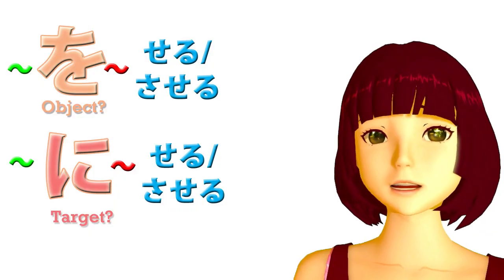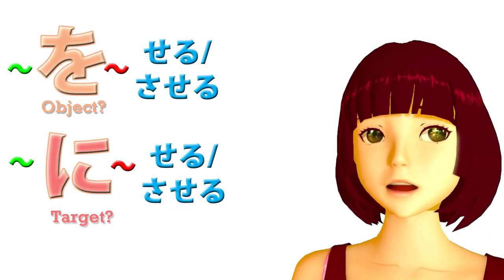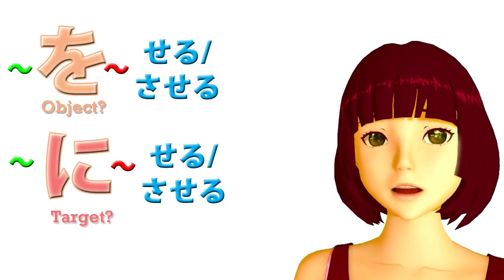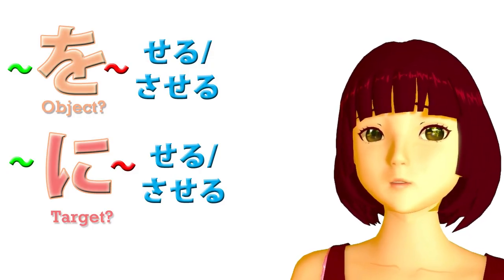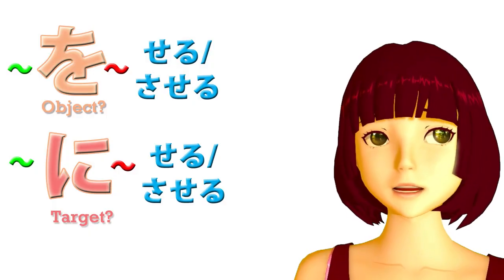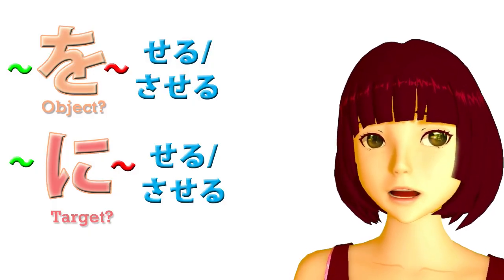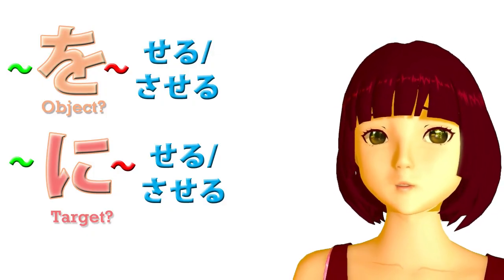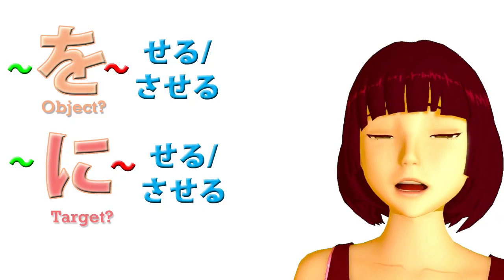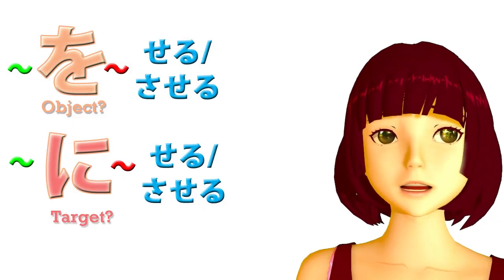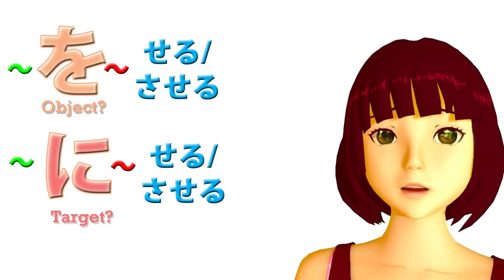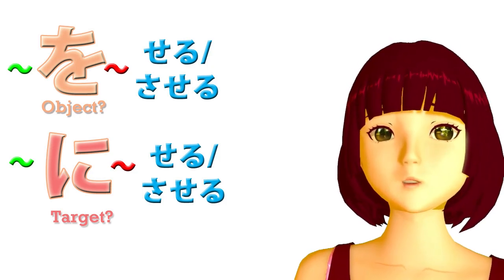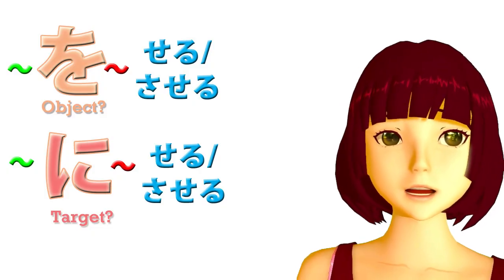If we take that object or target to be human, it becomes a little clearer. If we treat the person as the object, we are assuming that they have no personal will in the matter. We are treating them literally as an object. So this is more appropriate when we are compelling someone to do something. If we treat them as a target, the implication is more mutual. We are treating them more as an equal. And this goes more naturally with allowing rather than compelling.